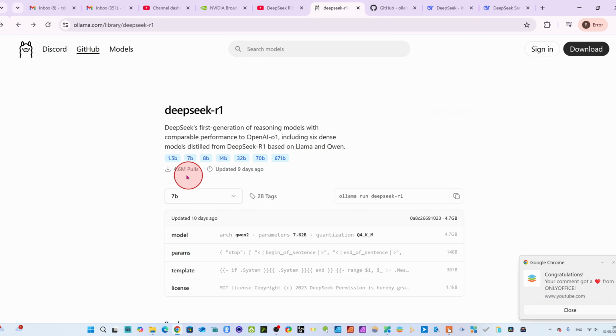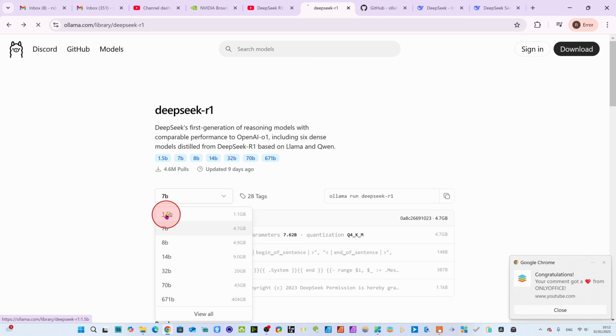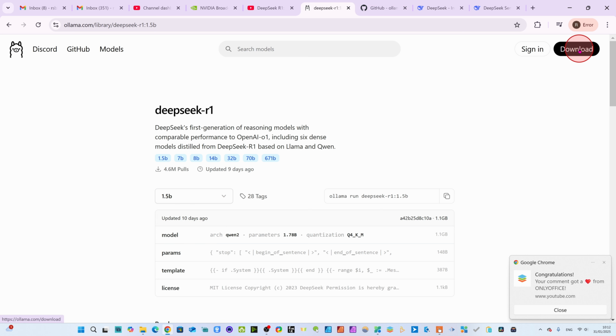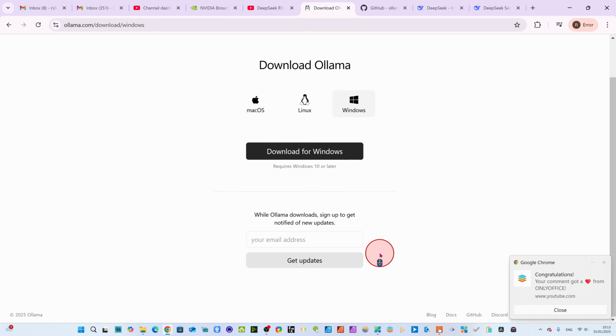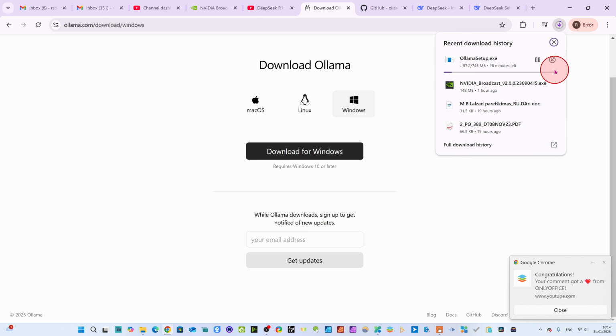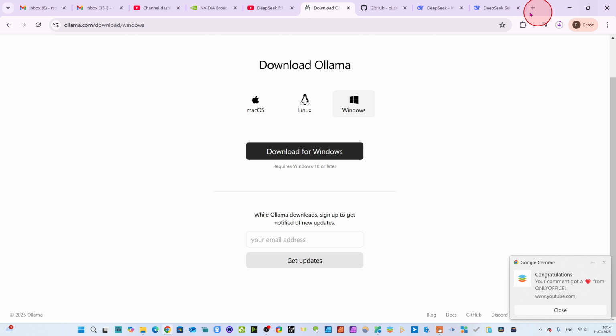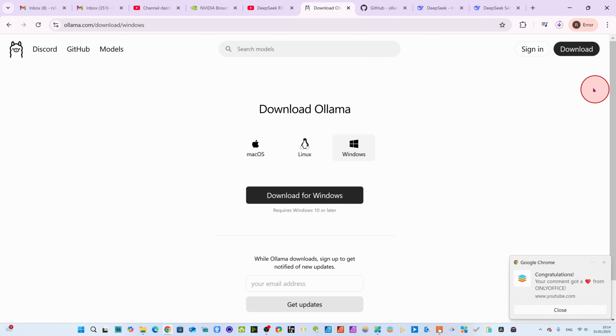If you want, for example, to download this module, we will come here and download it here. Download for Windows, Linux, or macOS if you have a Mac. For example, I have Windows, so I will download this for Windows, dear friend. It will be downloaded, and you have to set it up in the command prompt. There are several processes you can check on the internet, and in this way you can download and run it offline, dear friend.